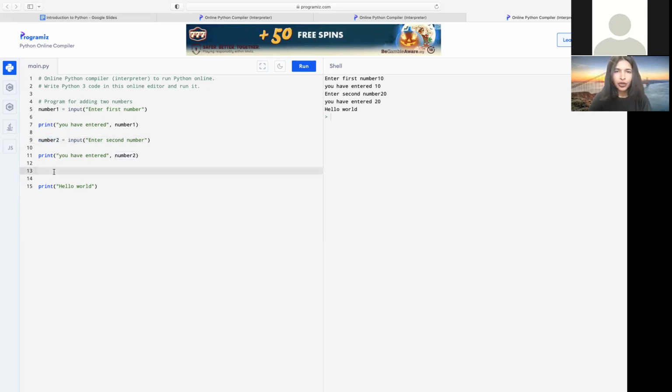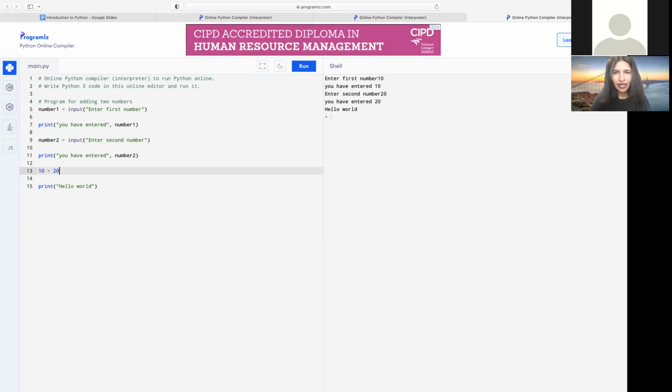Usually, how do we add two numbers, irrespective of any programming language? In general, we say 10 plus 20, even on a calculator or on pen and paper. Similarly, even here, Python uses the same mathematical operators that we use in real life. So to add two numbers, we need to use a plus operator.